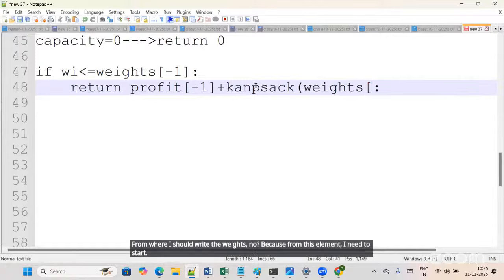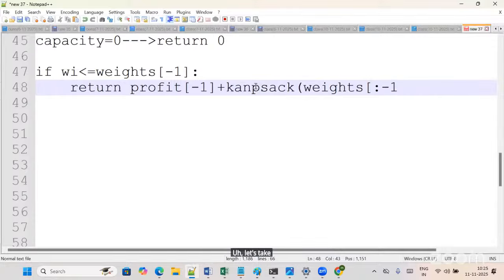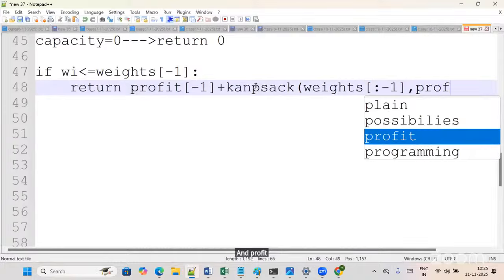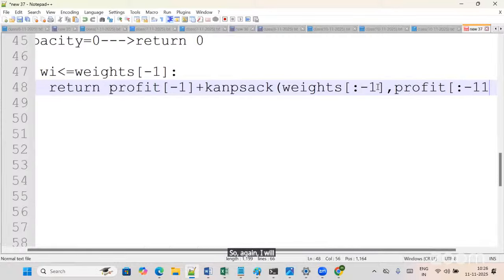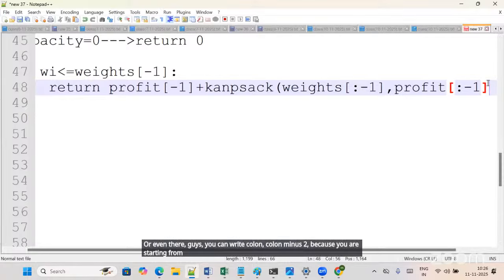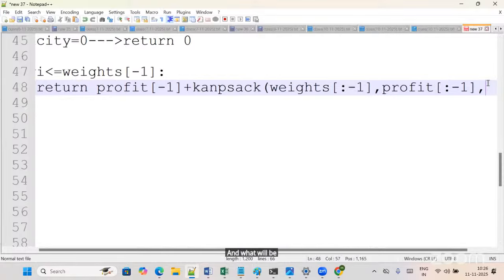I will write here colon, let's take colon -1, right? I need to pass from here. And profit from where? Because I have included the profit also in this one, correct? So again, I will write here colon -1. Or even there, guys, you can write colon -2 because you are starting from the next element, right? And what will be the capacity here? Capacity will be